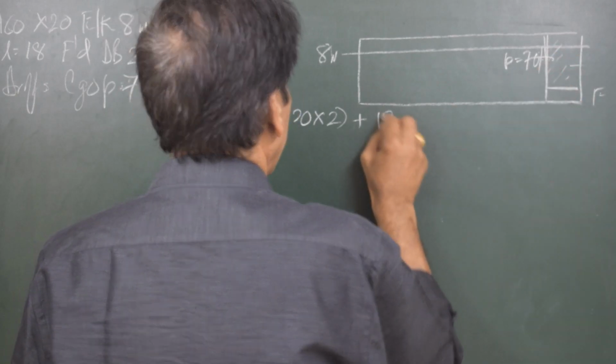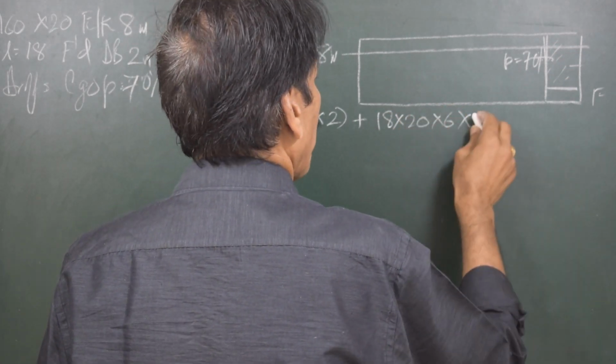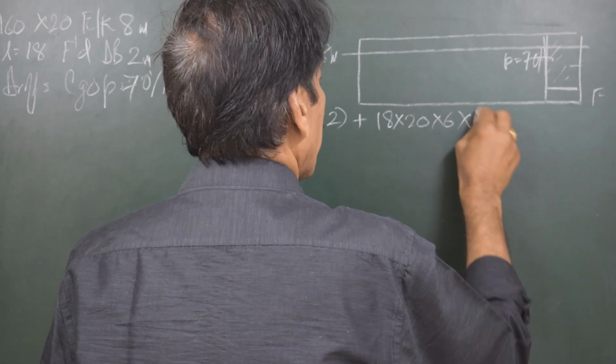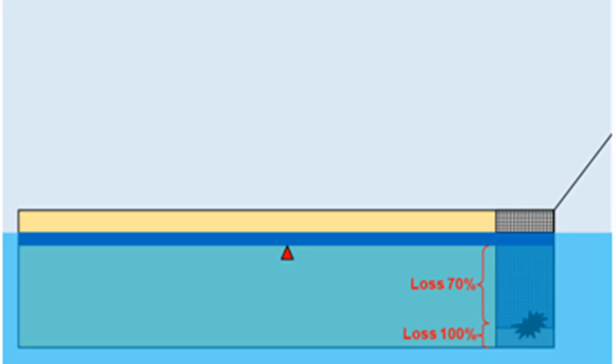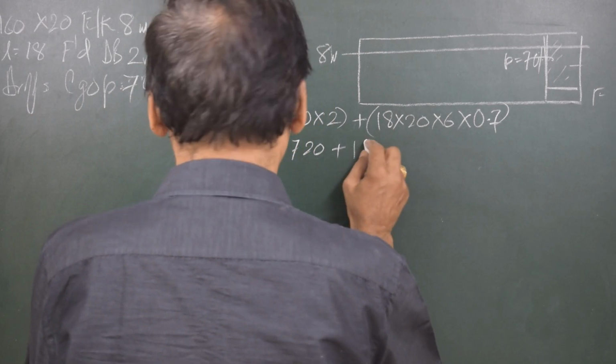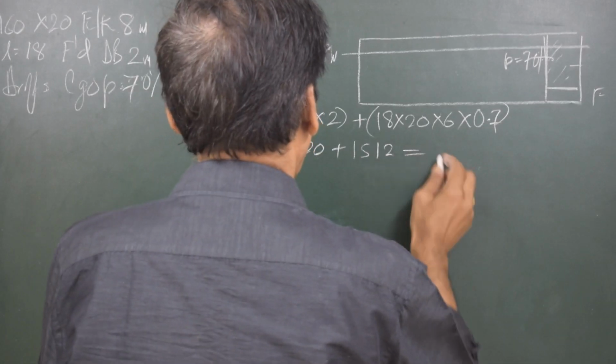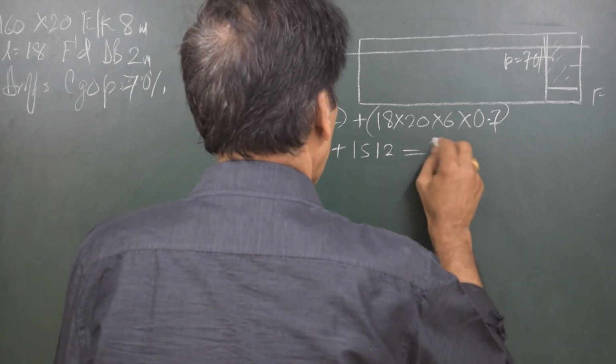So 18 into 20 into 6, but this is to be multiplied with permeability, that is 0.7. So this is going to be the total lost buoyancy: 720 plus 18 into 7 gives me 1512, and the total is 2232